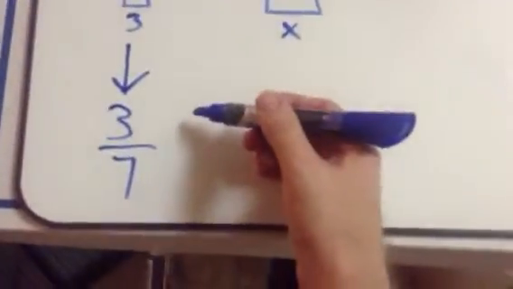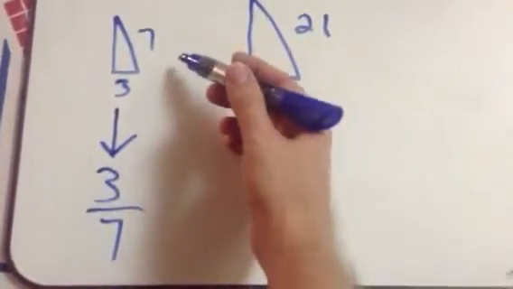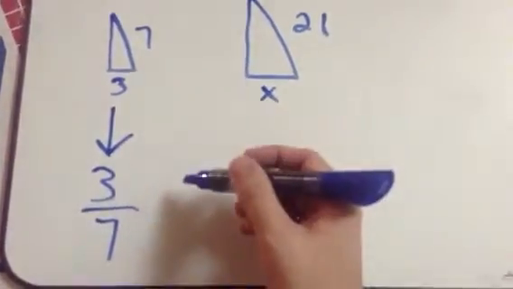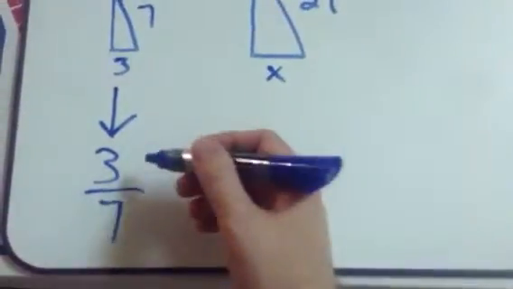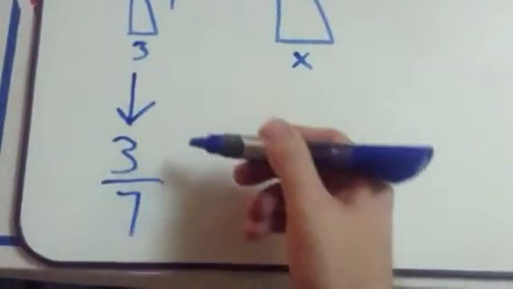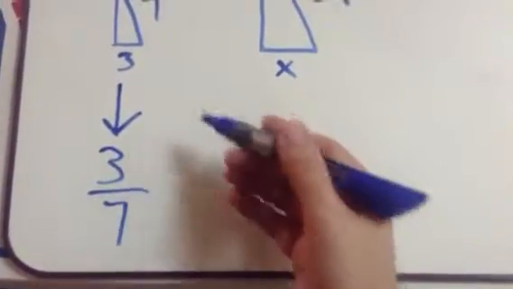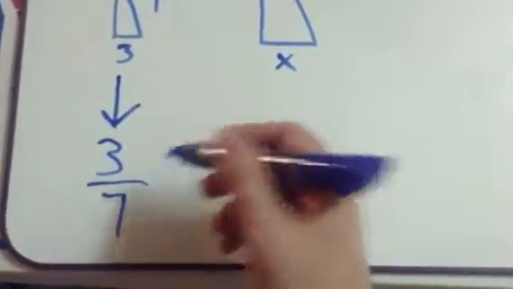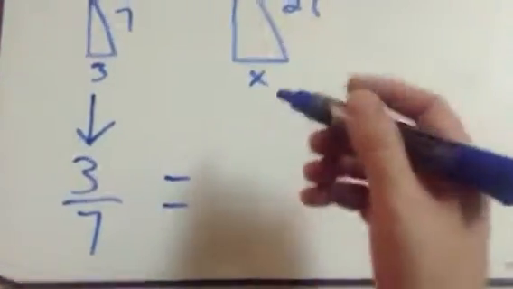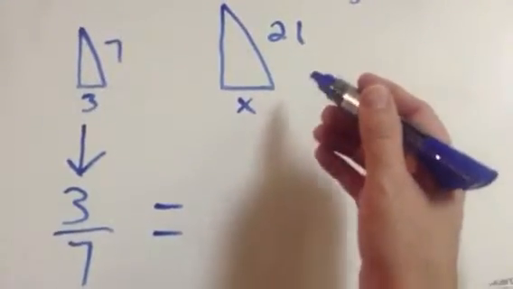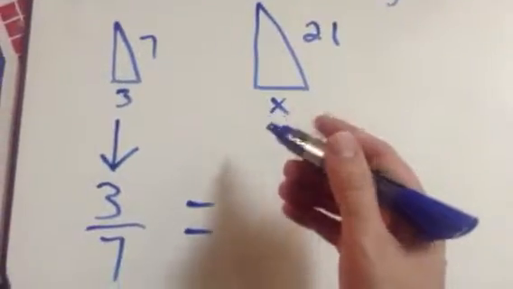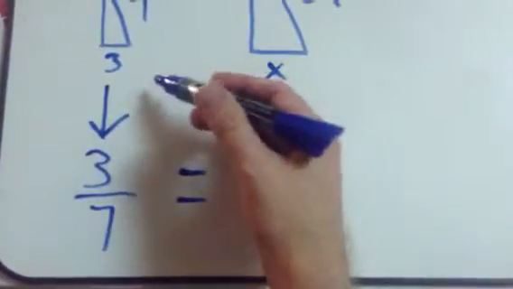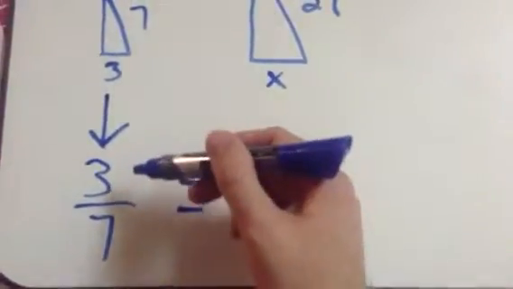Okay, now it doesn't really matter too much where the numbers go. Okay, but in this first one, this is called a ratio. And we're going to make a proportion, and a proportion is two ratios. But it does matter where the numbers go in the second ratio. So if 3 here is on the top, right,